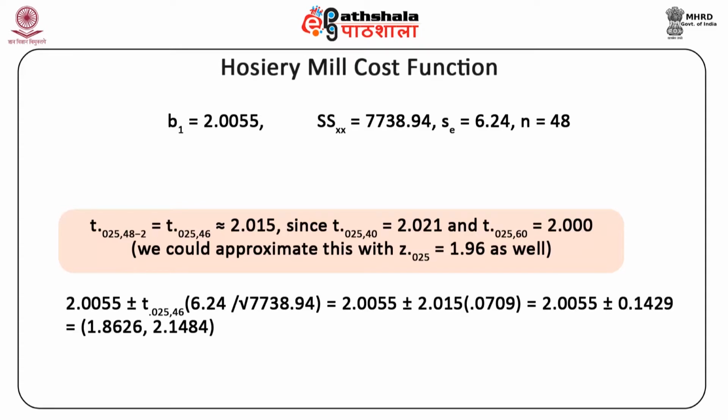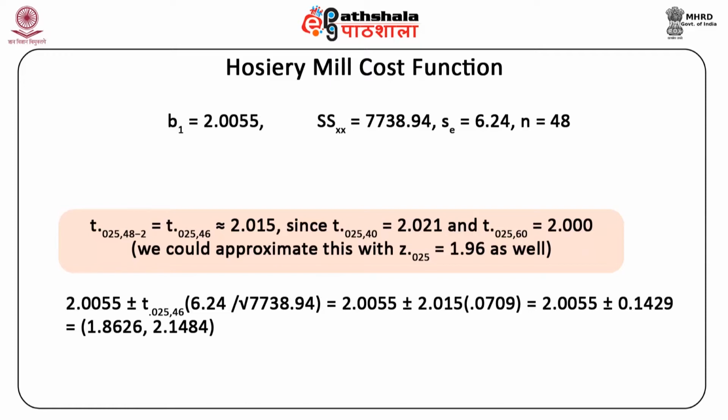2.0055 plus minus t 0.025 with degrees of freedom 46 into 6.24 divided by under root of 7738.94. Now this is equal to 2.0055 plus minus 2.015 into 0.0709. And on simplification, we get this equal to 2.0055 plus minus 0.1429. And this gives us the confidence interval of 1.8626 and